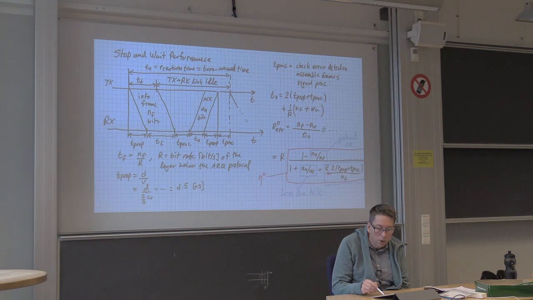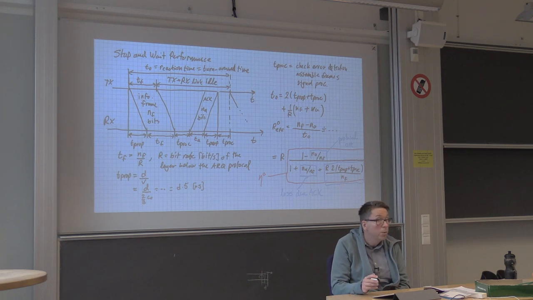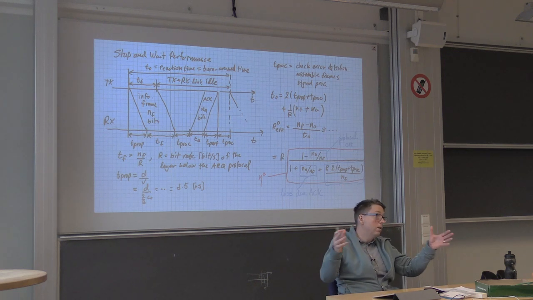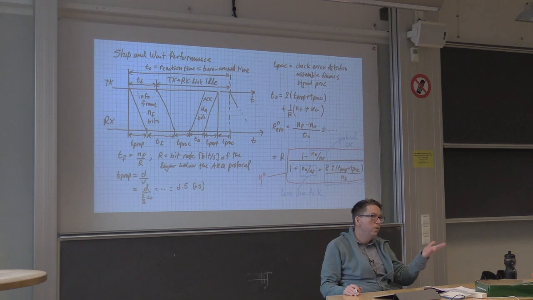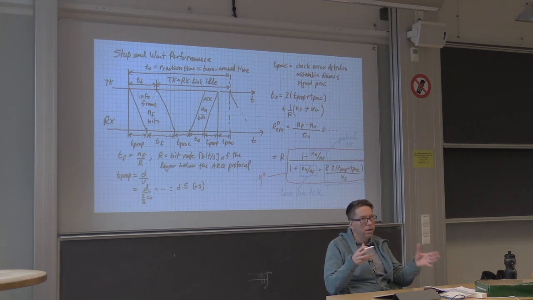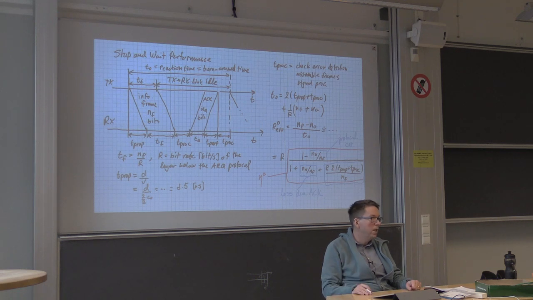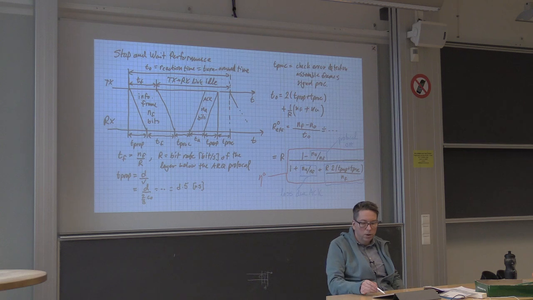So if we want to make this term small, what we want to do then is to make the frames large. But there is also an end to things. We cannot make the frames gigabits long, right? They're typically more like 1500 bytes for an IP packet or something like that. So it's more like a 1000 byte type of thing. It's not gigabytes of data. So there is, for various reasons, limits to how big we can make the frame.